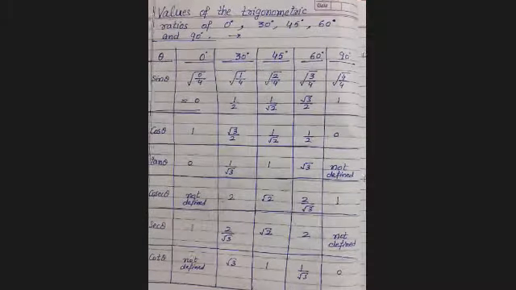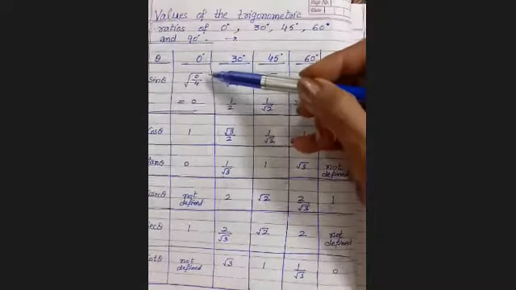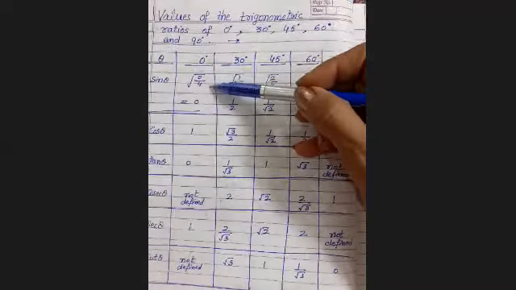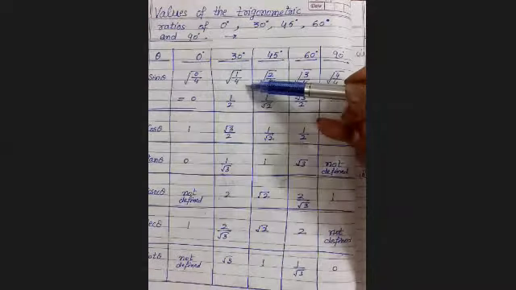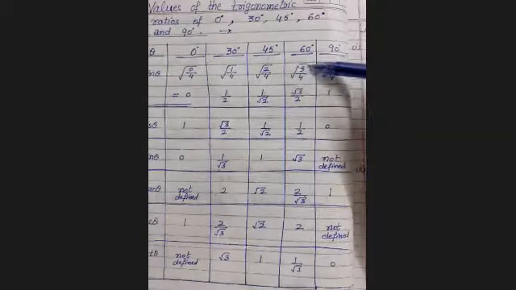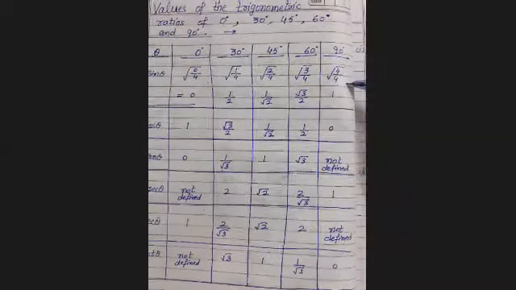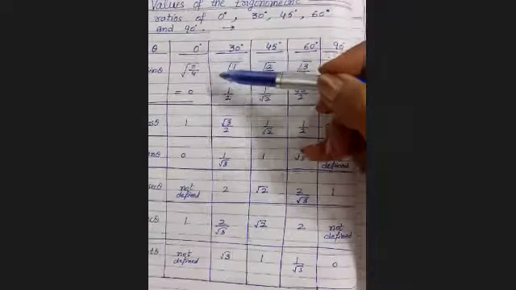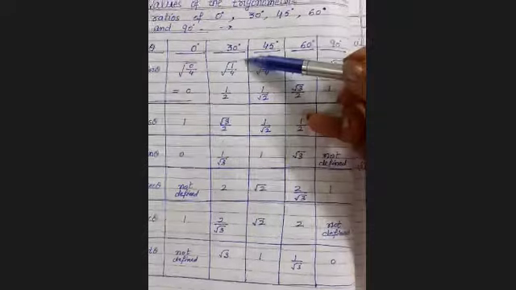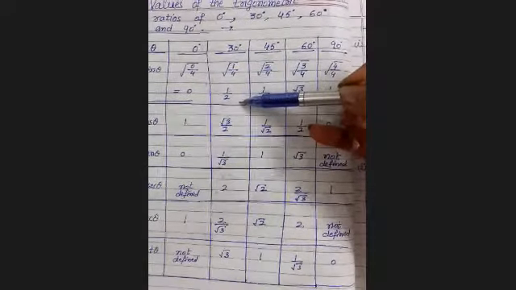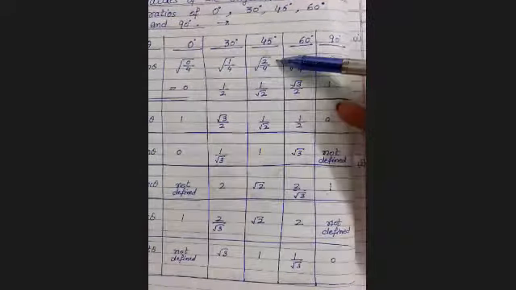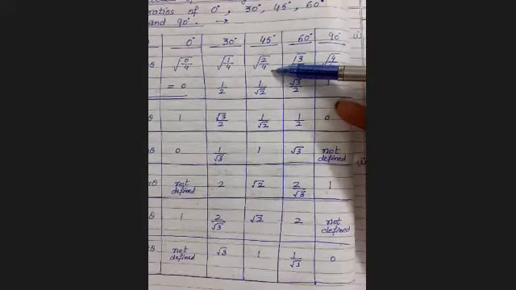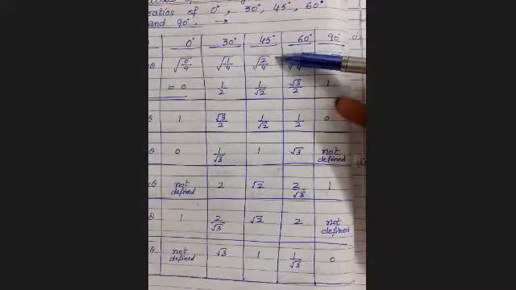You see here in this table, you should learn, we should write 0 by 4 root, 1 by 4 root, 2 by 4 root, 3 by 4 root, 4 by 4 root. And by solving them, you can see here 0 by any number is 0 whose root is 0. 1 root is 1 and 4 root is 2. That's why it is 1 by 2. 2 is cancelled with 4 and by cancelling it we are getting 1 by 2.